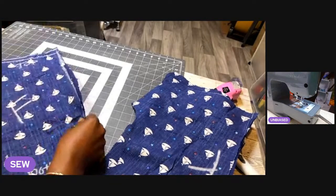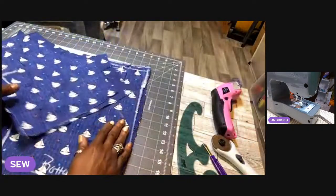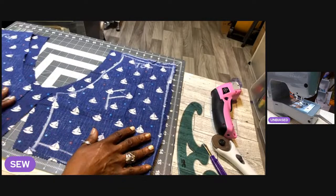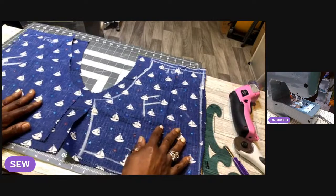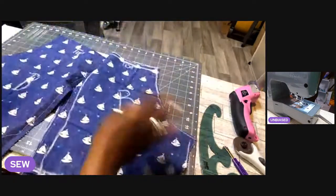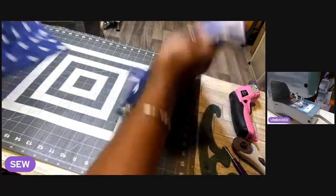Okay, so here we are back at the table. Let me assemble this so you guys can see. This is my front. Oh, shoot. Okay, wait. All right. Fronts. And then if I flip it, these are my backs. Okay. So what I want to do is take the front